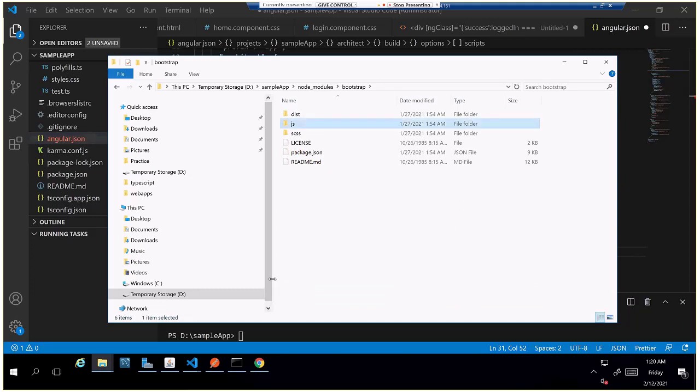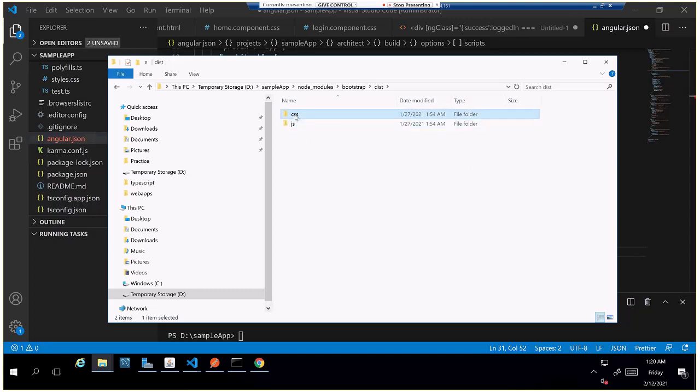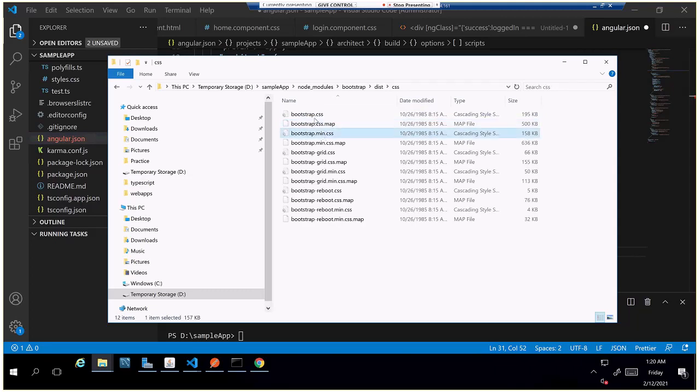So here in the distribution folder, in every application, whenever we ship anything, we have to use only the files in the distribution folder. We cannot use files outside of it. There is a recommendation to use the distribution folder. Inside that we'll have minified files as well as the actual files. The actual file is for debugging purposes.